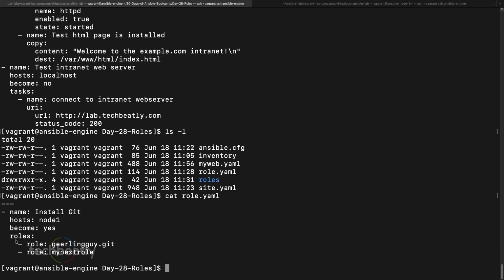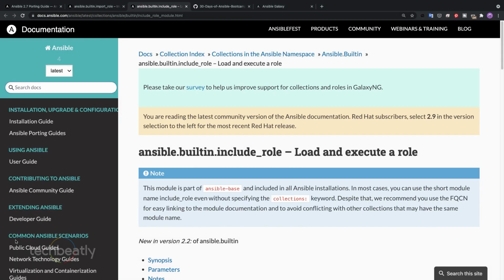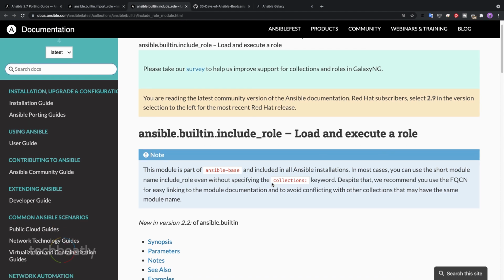But let's say you want to dynamically control the flow of this role inclusion. Instead of calling the roles directly, you can use the include role or import role modules or options. The include role option is just a way to dynamically include the role during the execution of the playbook.